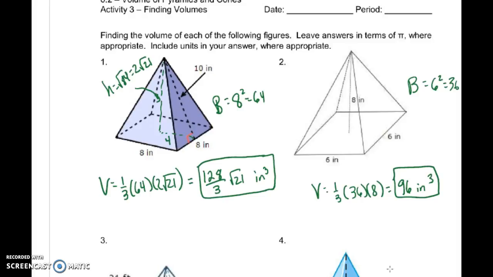Now, here's the thing. It really doesn't matter if you find 1/3 of the area of the base or 1/3 of the height or 1/3 of the product. Do whichever one is easier, but only do it to one piece. In this case, 1/3 of 36 is pretty easy to calculate. It'd be 12, and then 12 times 8 would just give me 96. So I figured that one was a pretty